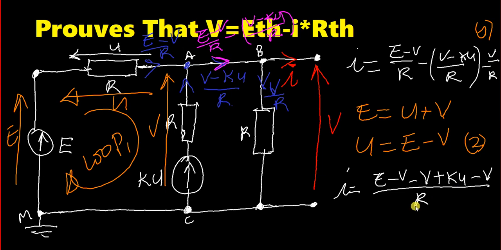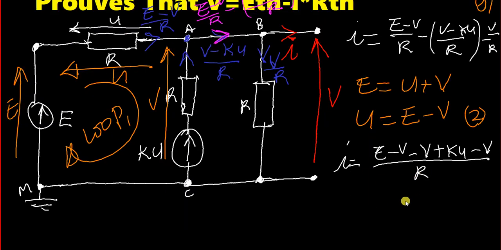Okay, there's nothing to speculate in this formula. I hope that you will be able to demonstrate like that. Now, if you take this term, produit des extrêmes égale au produit des moyens, we are going to obtain something. Let's say here you have 1. You take I times R will be equal to